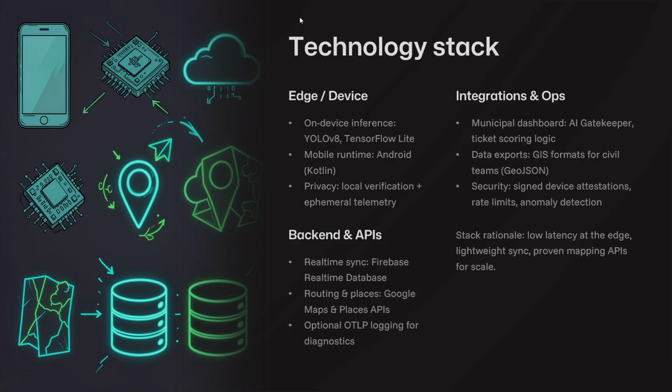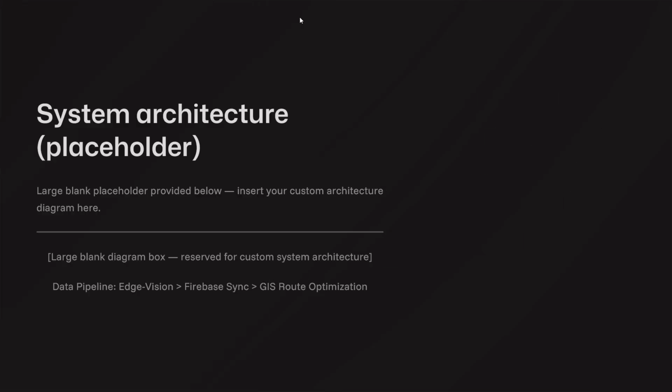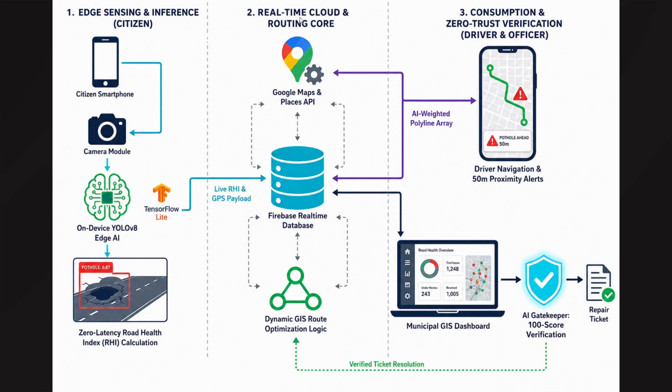The app is native Kotlin. We use CameraX for the live camera. For real-time cloud, we use Firebase Realtime Database, so all reports sync instantly between citizen, driver and officer. For maps and routing, we use Google Maps, Places and Directions API. We also do PDF report generation on the device itself. And one thing, all the API keys and secrets are kept in environment variables. Nothing is hard-coded, nothing is exposed.